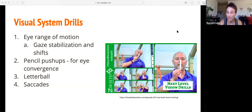So we're going to start with eye range of motion, and I'm actually going to go ahead and stop sharing again and take you through some of these movements. Okay, so